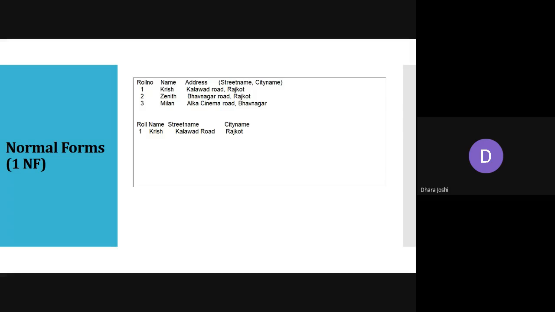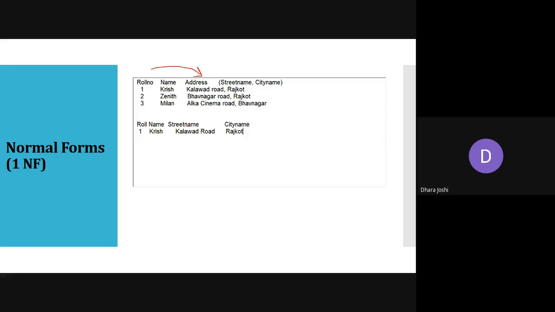Whenever you study this normalization topic, it is very important for competitive exams too. They give you one table and ask you to identify whether this table is in first normal form or not, or in second normal form or not, like that. If this table is given to you and asked whether it is in first normal form, it is not, because it contains a composite attribute and multi-values together, which is not allowed, and we need to reduce it to remove this kind of ambiguity.